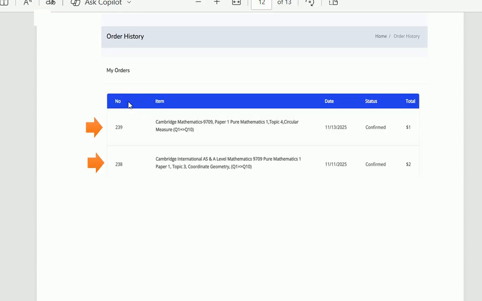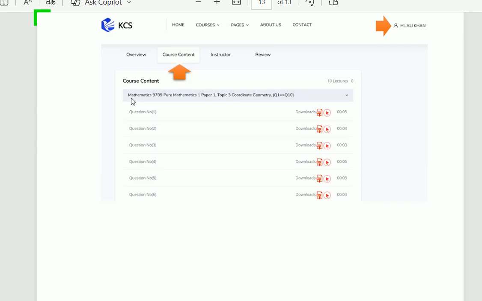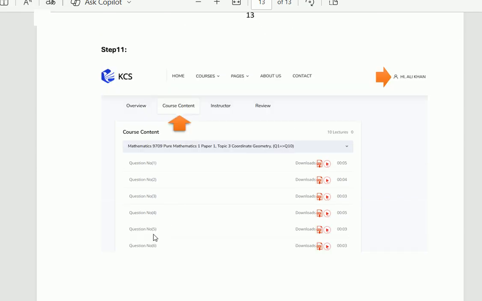When you click on this item, you will find this interface. On this interface, in the course section of the website, when you click on the course content, you will find the course that you have bought on the website. These are the two icons. One is the PDF icon. When you click on the PDF icon, the PDF file will be downloaded to your local. And the right one is the video icon. When you click on the video icon, the video file will be downloaded to your local. And after that, you will study.